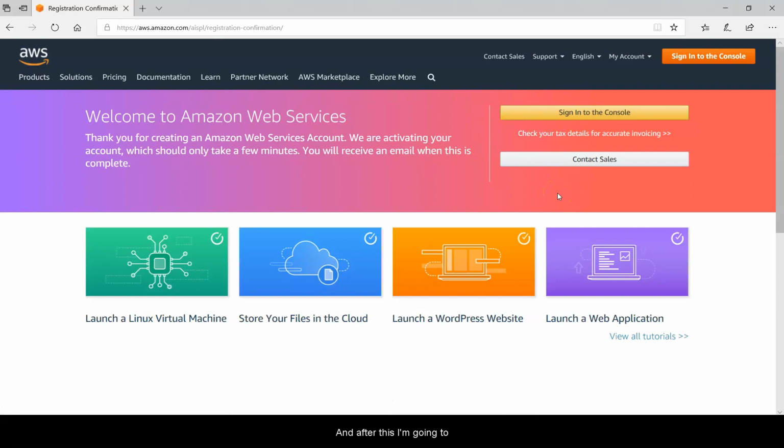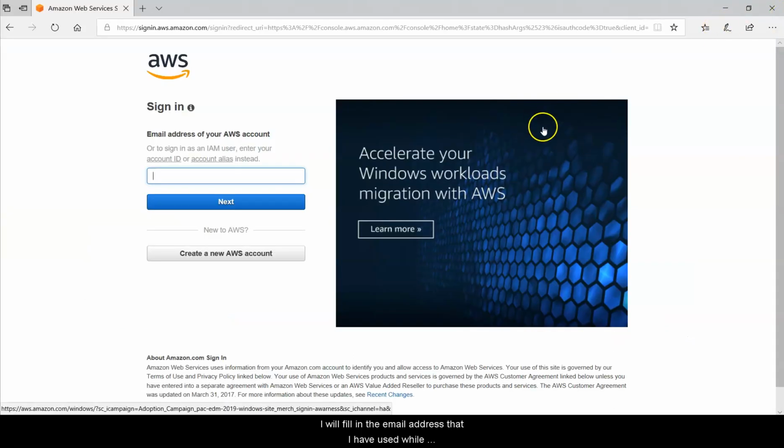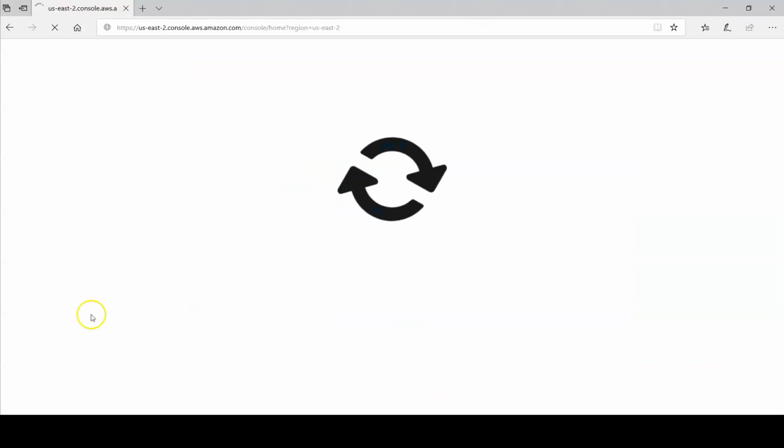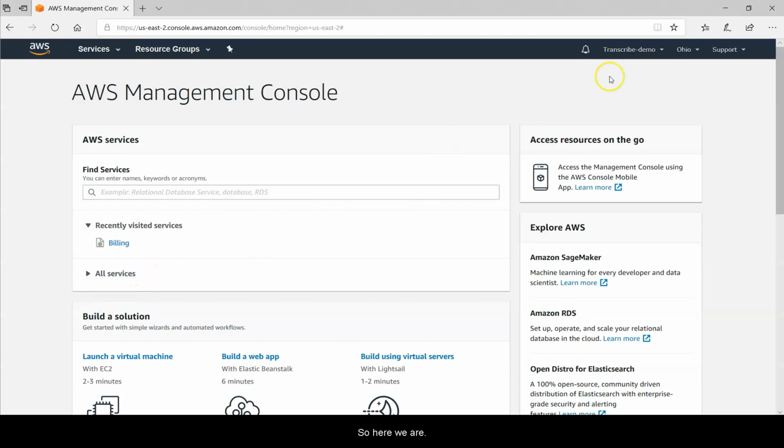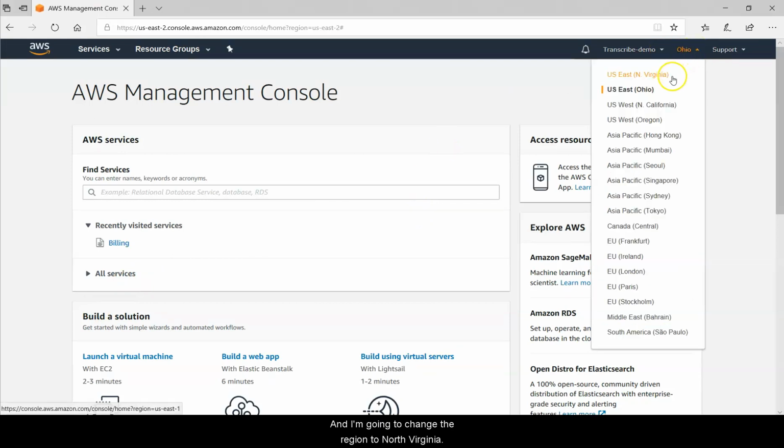And after this, I'm going to sign into the console for the very first time. I will fill in the email address that I used while creating my AWS account, and I will enter the password and click next, and it logged me into my new AWS account. So here we are, and I'm going to change the region to North Virginia,